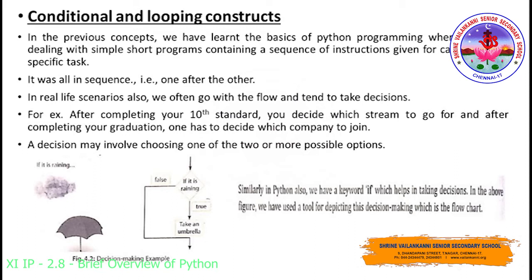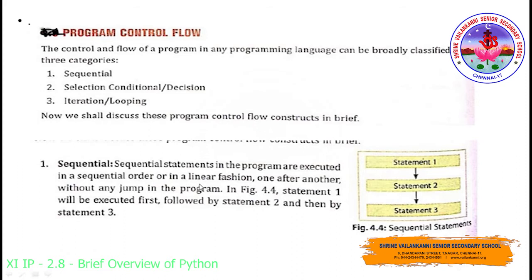A simple example you can take, here they have given, is a raining situation. If it is going to rain, you will take an umbrella, or if it is not going to rain, you will not take an umbrella. This is one such simple example they have given. In programming languages, to provide condition based statements, we make use of a keyword called if. By using this keyword, we will provide conditions in between the program. Let us see how this works by looking at the examples.